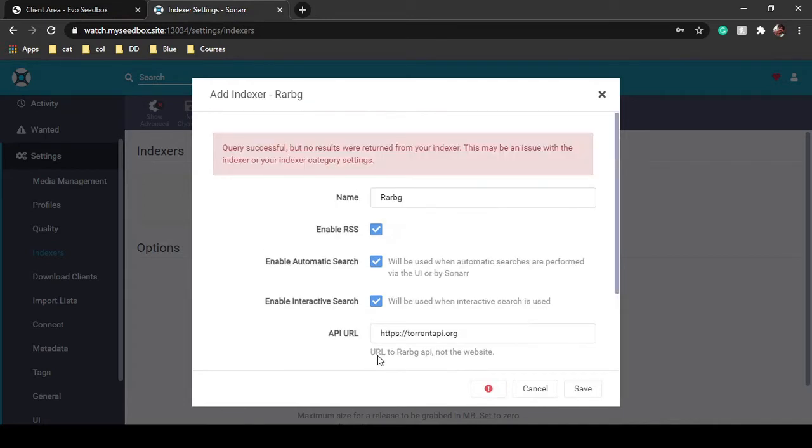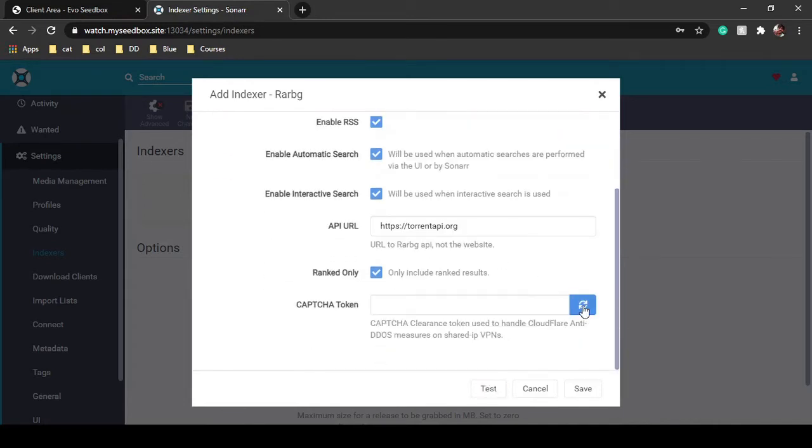Sometimes it can show a problem, so just click on this and test again. It is showing the problem again. So only ranked include results. It was showing a problem, so we tested it, and now it's configured rightly. As you can see, there's a tick mark over here. Our Sonarr application is able to interact with RARBG.